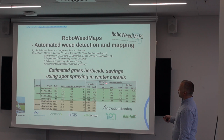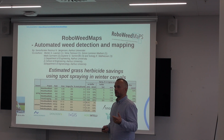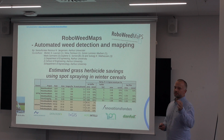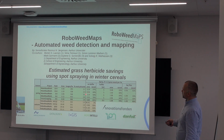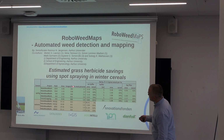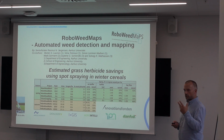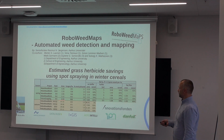If we have a very low threshold, if there's 2 weeds or more, we spray grass weeds per square meter. That is really restrictive compared to what I've seen Roland have done, and others, that's 10 or 11 or something I've seen the threshold is. But we obtain, if we don't have a buffer and we use interpolation, and you have to be aware of you collect between 300 to almost 1,000 images per hectare, a quarter of a square meter. Then we can obtain these savings. And the green one we sprayed, the red one,